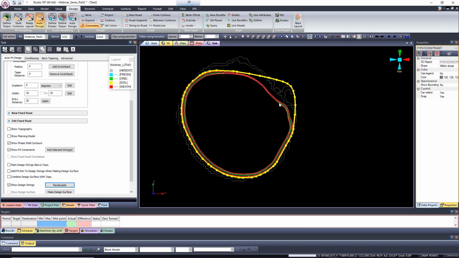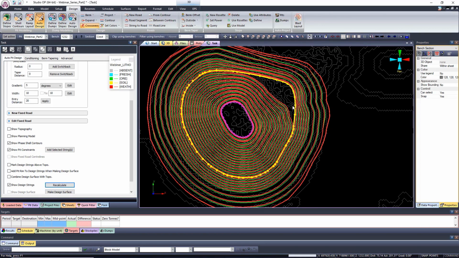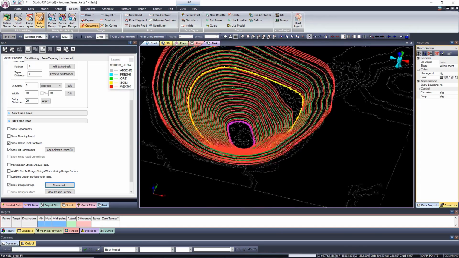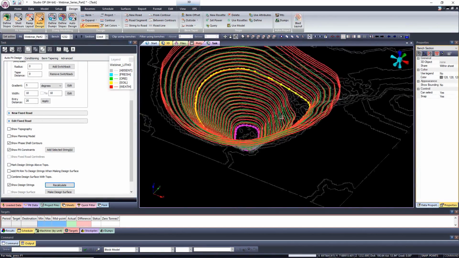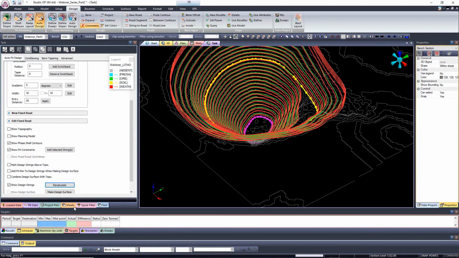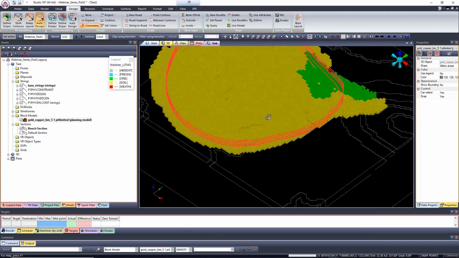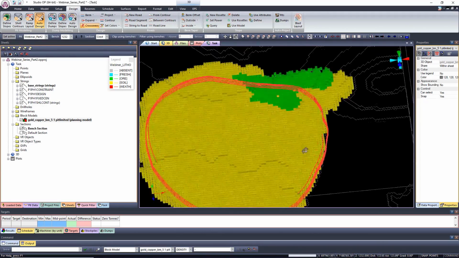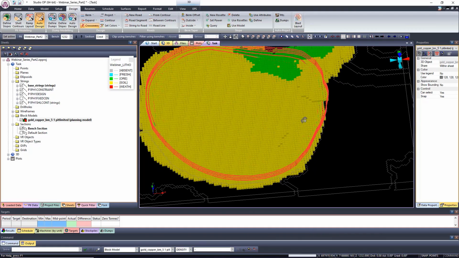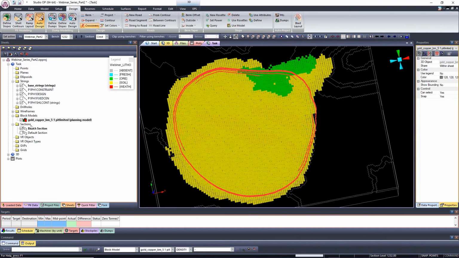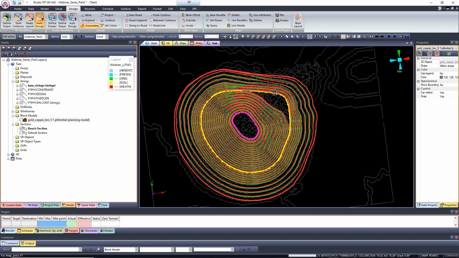My two string went there for this next bench. So if I unclip this, you see that my pit is slowly growing towards this side here. If I display my block model quickly again, you see that there's a lot of ore here that I can actually retrieve or gain. I'll get it back. So I'll just quickly move this here and